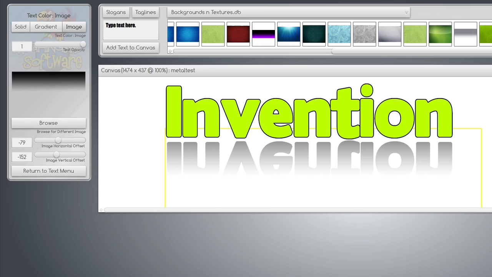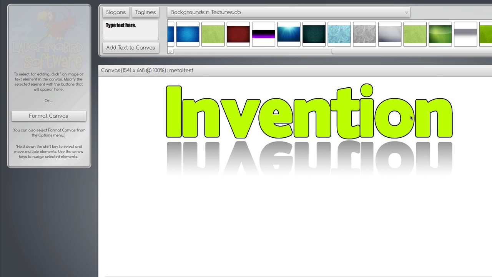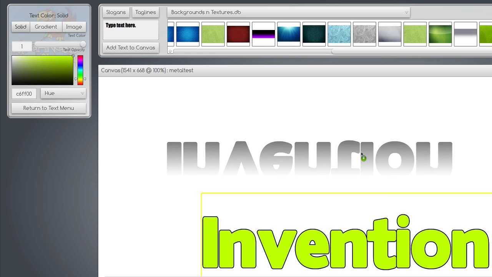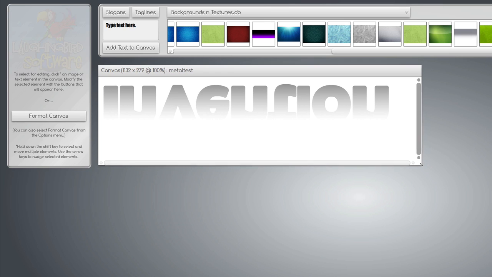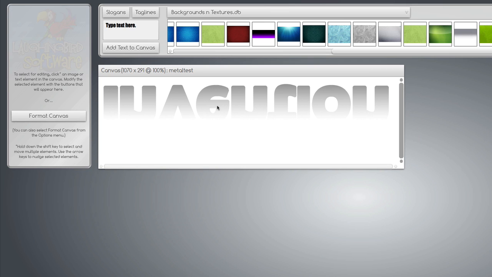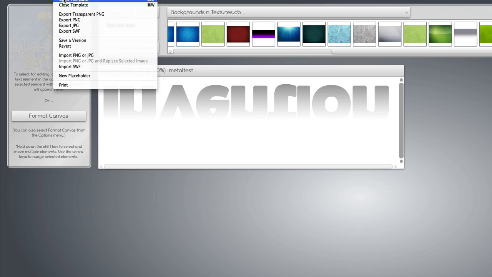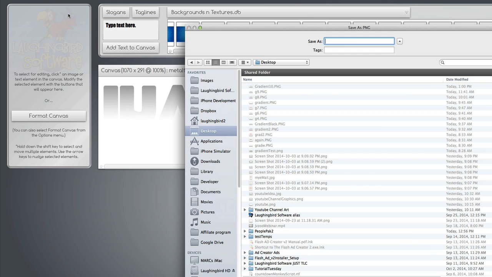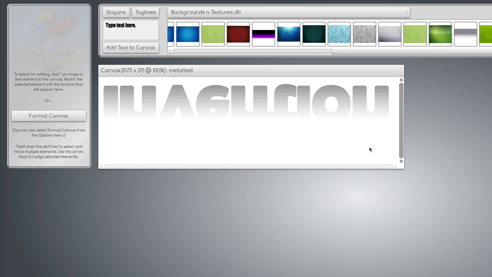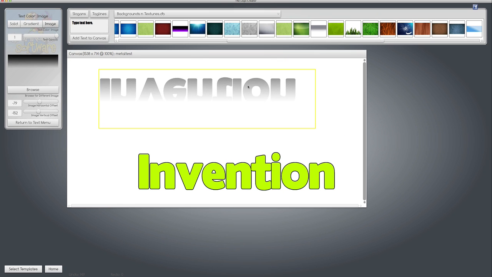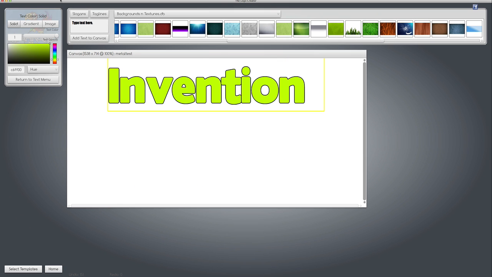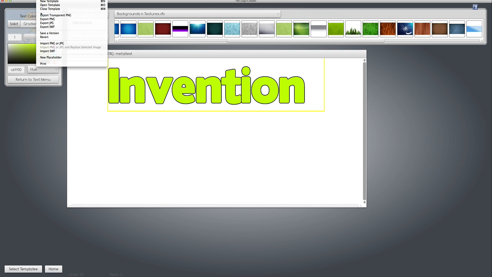So here's how to change the color. We're going to export and import again, just like I do. I'm going to go up here, take the text, and we're going to move everything out of the way so that we just get what we need to export. Export Transparent PNG. Call it whatever you want. Alright, once we've exported the image, we no longer need this anymore. And now if we bring it back in, import,